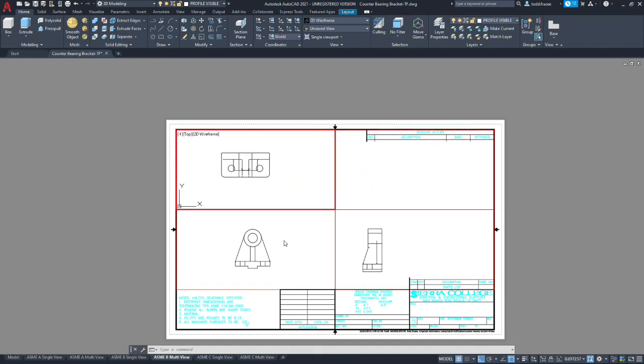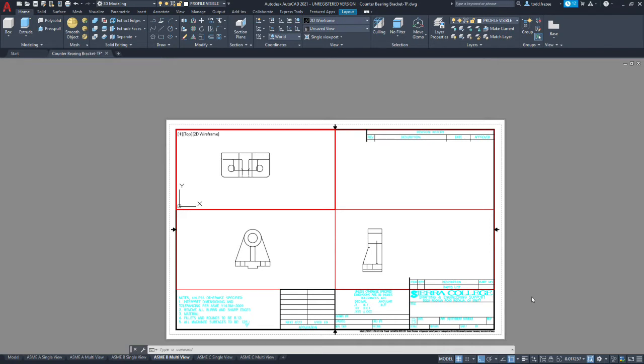All right, our next step, we've now completed step 25, and now we will set the viewport and display scale factor. Now in the procedure, it has you make a scale of 1:1 for metric and 1:2 for metric for half scale. We're going to make a third one, which is a third scale, which I think works well with the size of this part and a B-size sheet.